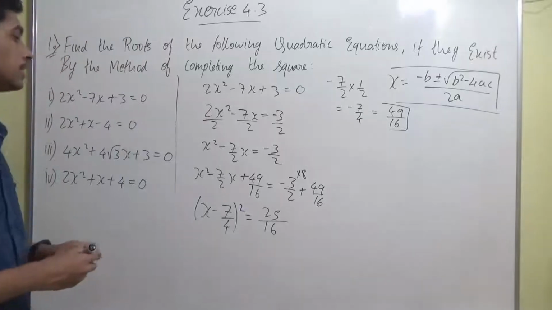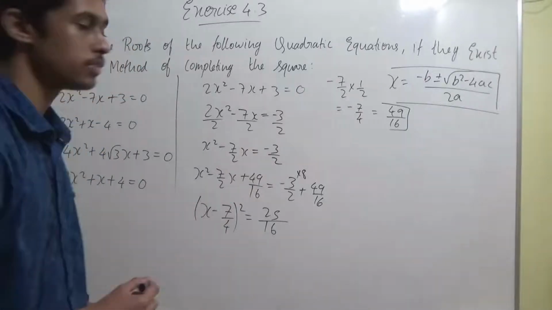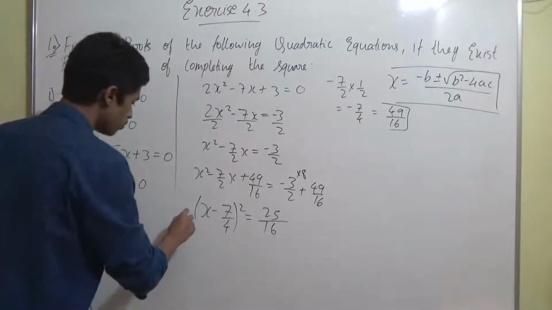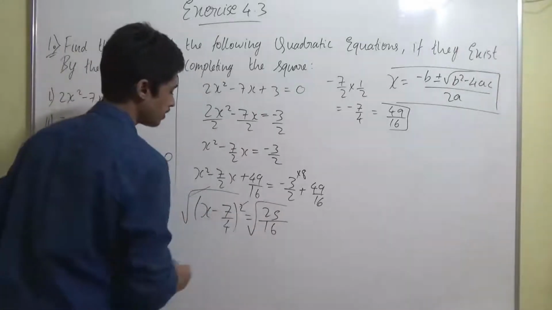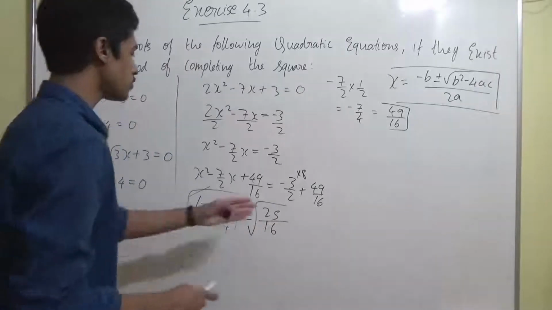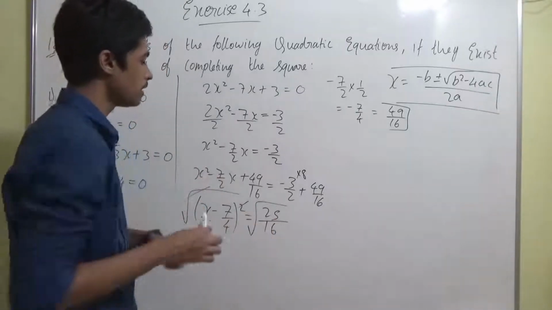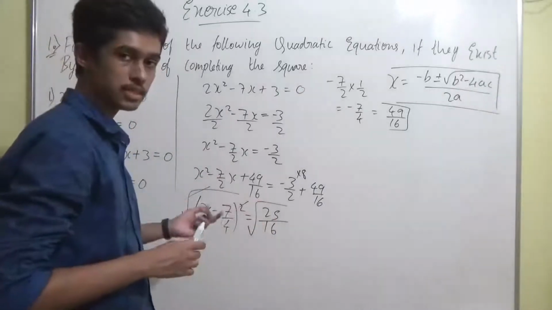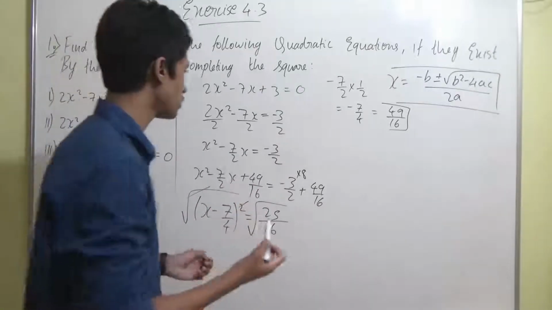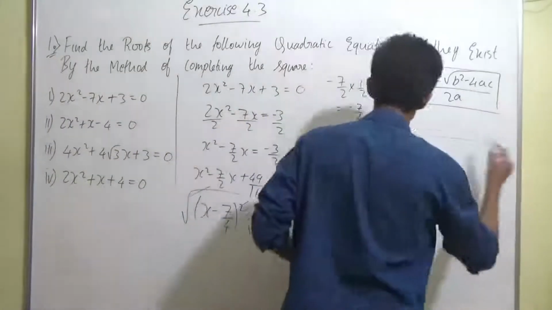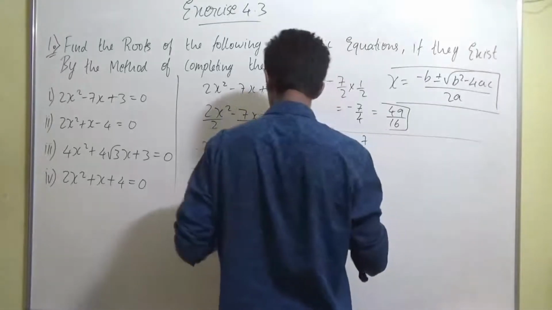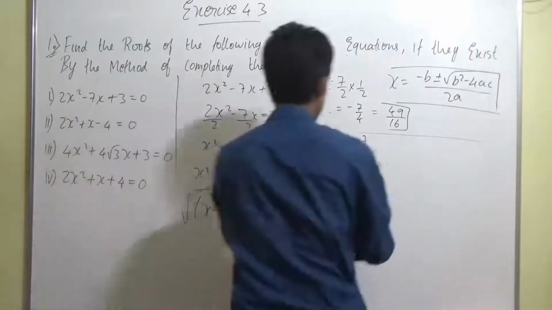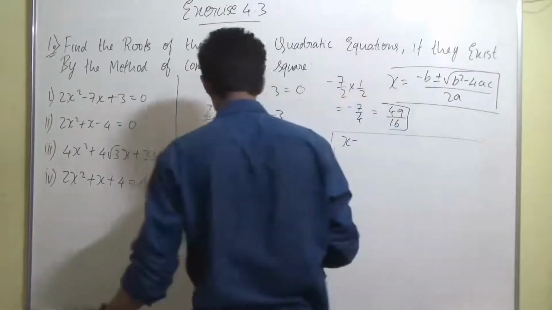Getting it, guys? Now we'll take the root of them, right? We'll take root both the side. If you take root both the side, this root and this square will get cancelled. If you take the root of this, it will become plus or minus 5 by 4. Root of 25 is 5, root of 16 is 4, so it will become plus or minus 5 by 4. So I'll do it here now, right? So I'll write as x minus 7 by 4